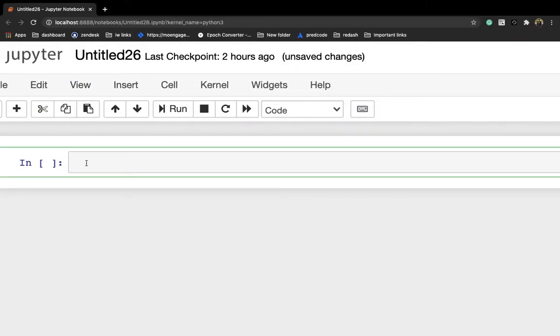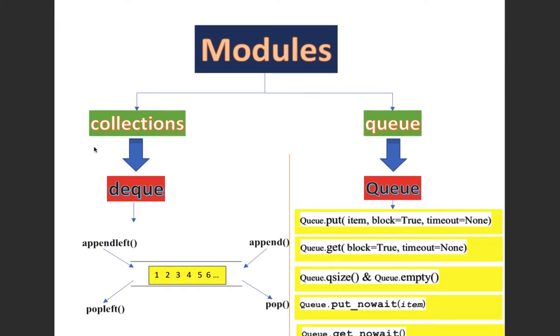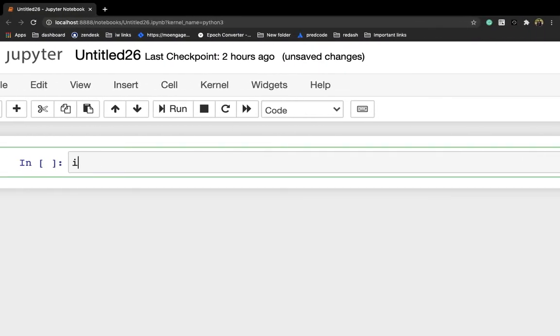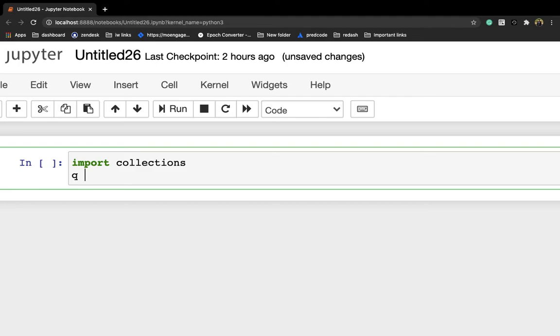First of all I need to import the module, and to import the module I need to write the import keyword. This is a mandatory keyword to import any module. After that we need to write the name of the module. Here I'm writing q, this is just a variable name, and after that we need to write the name of the module dot the class.